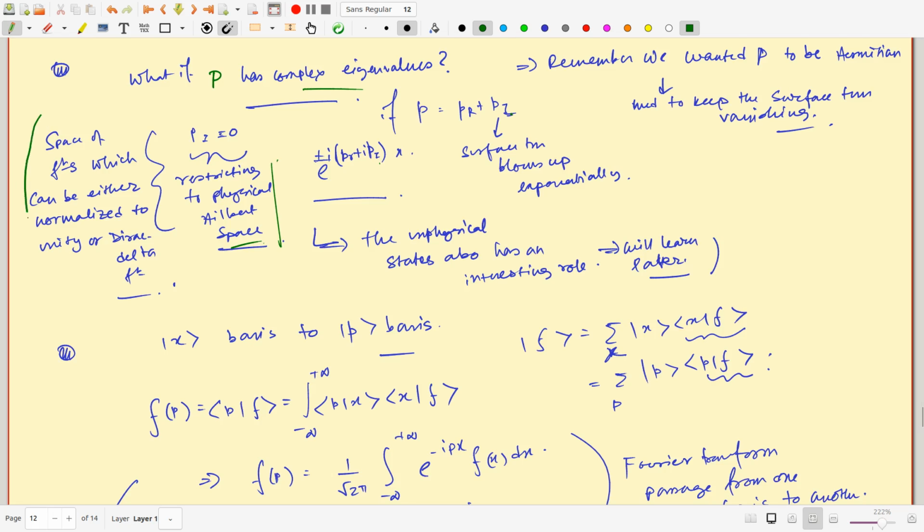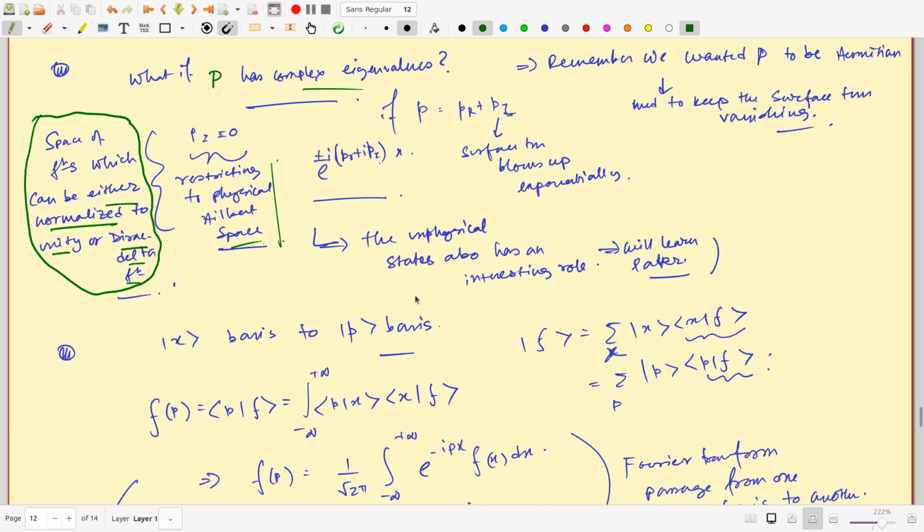So that is now the true definition of the wave function, which is broadened a little bit because of this anomaly. A wave function in Hilbert space is a ray, in the vector way to say it, but when we come to the function space, because of the infinite dimensionality, some extra complexity comes. So now the true definition extends a little bit: the wave function belongs to a space of functions which can be either normalized to unity or a Dirac delta function. If we include these two, then it becomes the whole space of wave functions.